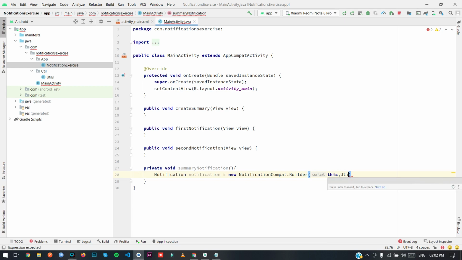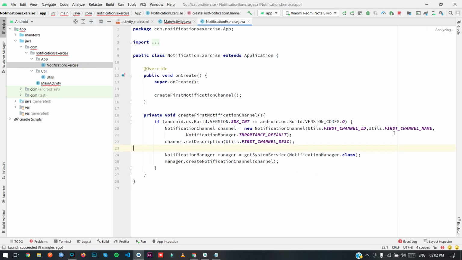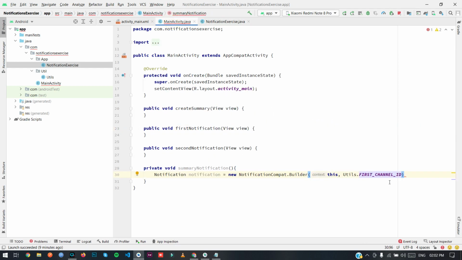Then we need a channel ID. Here I defined the first channel ID. As you can see, we have declared a notification channel, and here we have defined a first notification channel ID to this channel, and we will use this channel in here.